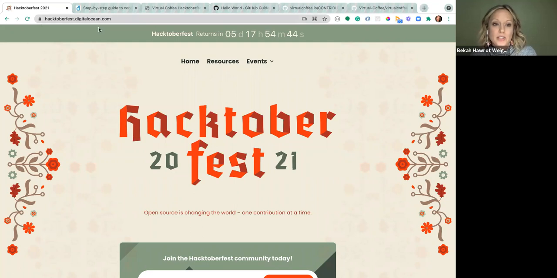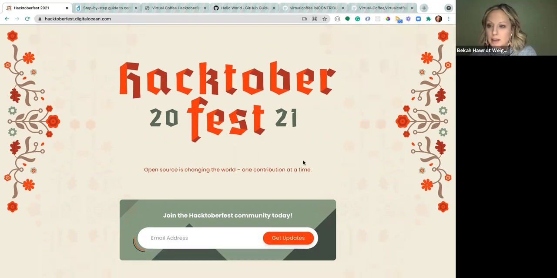So right now, if you're interested, you can check out hacktoberfest.digitalocean.com. And you can't sign up yet, but I'm sure that will be open in a couple of days. When you participate and you sign up officially with DigitalOcean, I think the requirements are 4 pull requests in the month of October to open source repositories that have opted into Hacktoberfest. So the rules around that changed kind of mid-Hacktoberfest, I believe, last year. So definitely use this page to get up-to-date information on what that looks like and what you should be looking for. But for sure, we want to make sure that there's Hacktoberfest labels on the repositories that we're working for